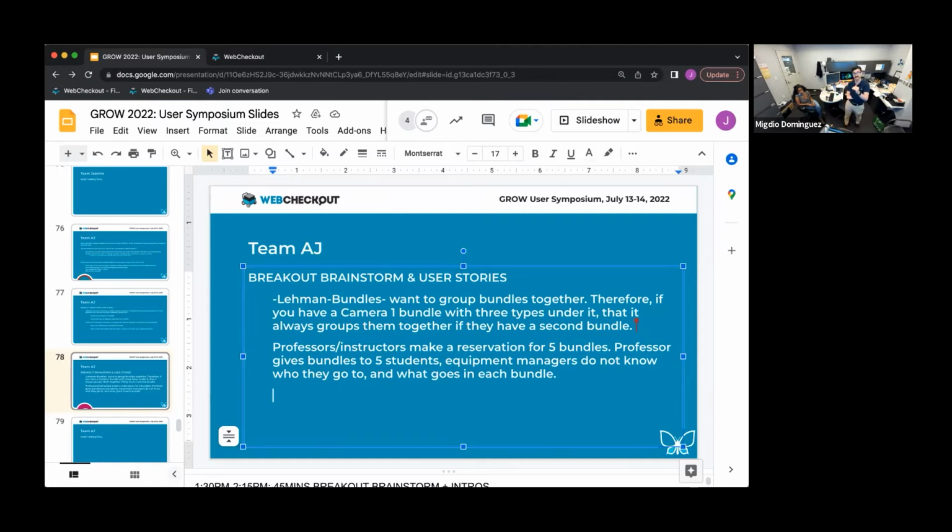It just puts it all together. And actually, Paul said it so succinctly in the chat, but I think what Migdio and what Shelley also brought up, the two things are that, you're right, if I could read what Paul said, that customers want to see their items listed on their checkout or even in WebCheckout in different ways. Paper copies, when they're